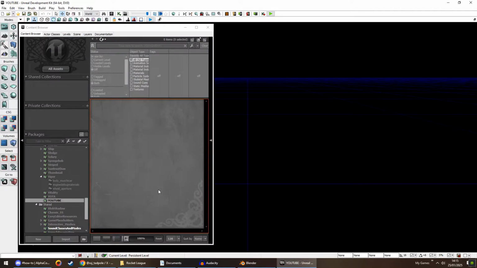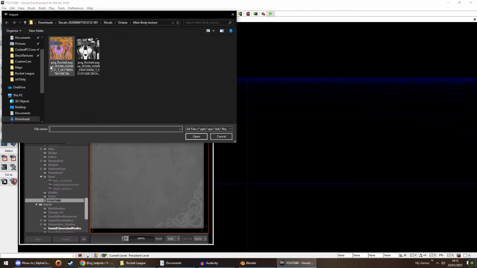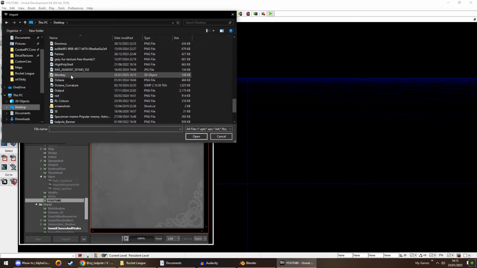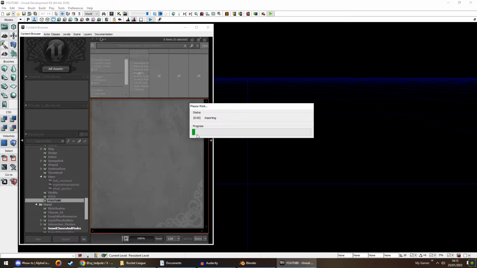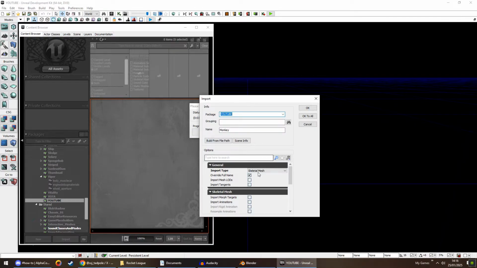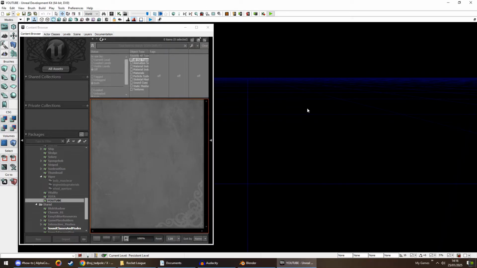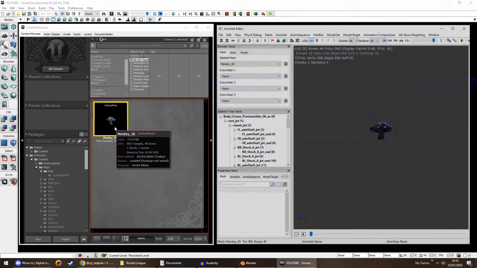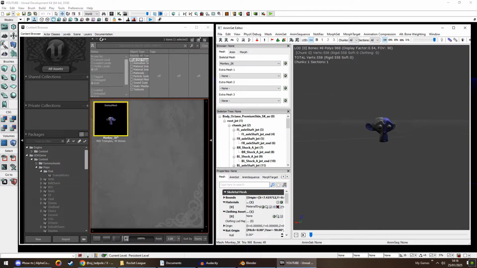Once that's done, we're going to come back into UDK, import, and we're going to find our car. It would help if I could spell monkey. Open, and here it is now, skeletal mesh. So _SK for skeletal, and I'm going to click OK. And here is our monkey. So we double click on this, open up our viewer,